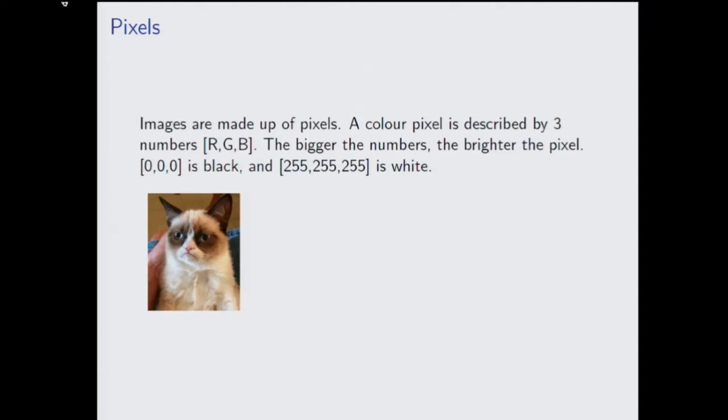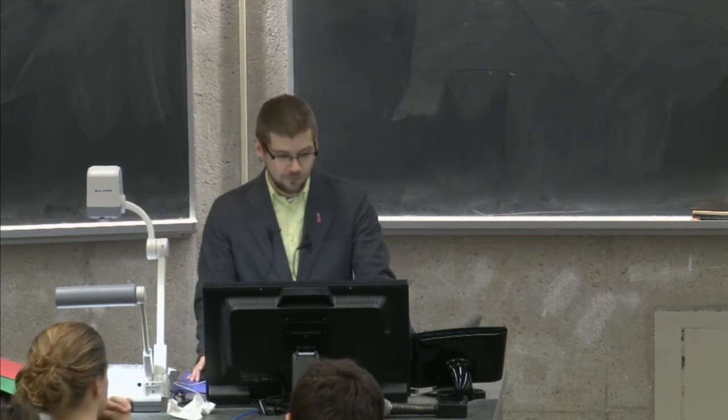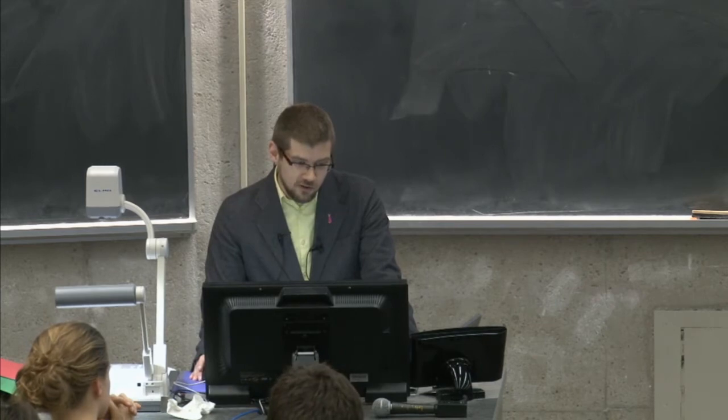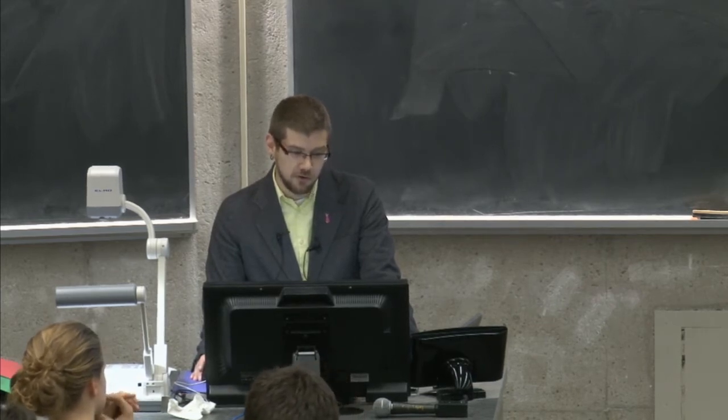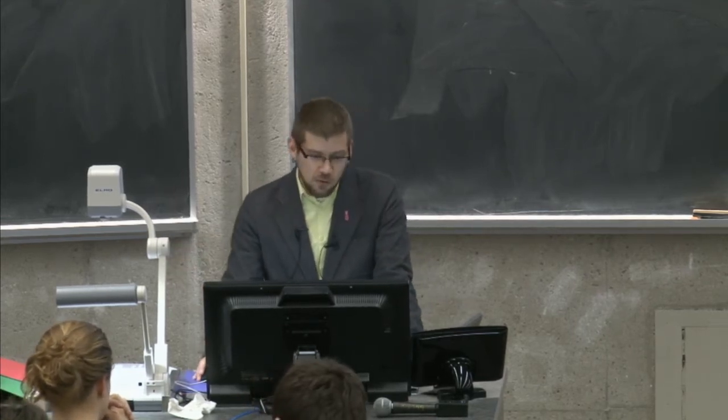If any of you have already done some web programming or some HTML, when you specify colors in HTML, you say, I want this much red and this much blue and this much green, for example. Pixels of Grumpy Cat are the same. So numbers, right? They're just numbers. The pixel with all zeros, 0, 0, 0 for red, green, and blue is black. 255, 255, 255 is white. I'm not going to talk about why it's 255. That might seem like it just came out of nowhere, but never mind that for now. Somebody else will give that talk later. So all we need to remember is